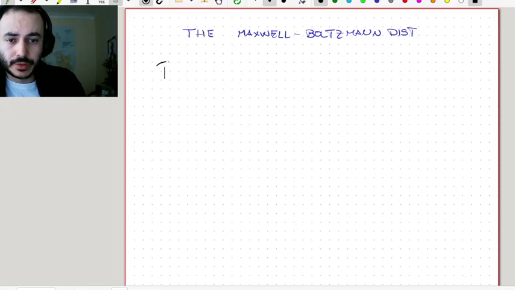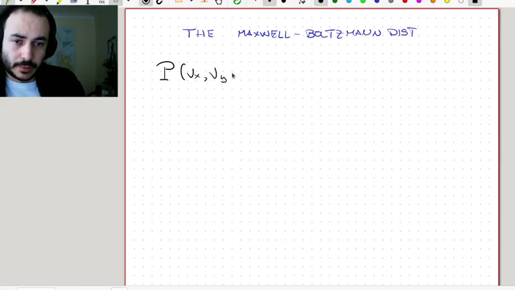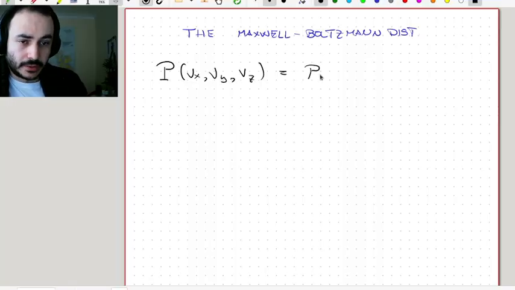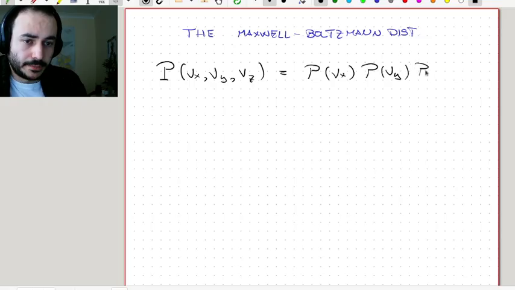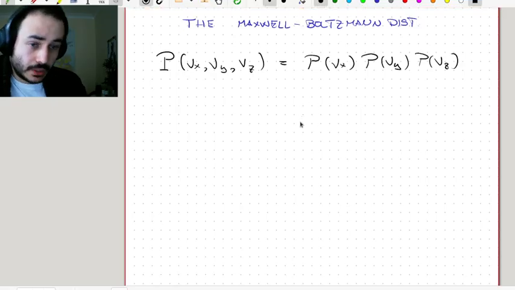Remember, we know quite a lot. Just using the arguments of isotropy and homogeneity, we had arrived at the conclusion that the probability to find a particle in the infinitesimal neighborhood of any velocity with components vx, vy, vz, that's what we were asking, needs to factorize. So it would be the product of three functions, of vx, vy, and of vz, and these functions are going to be equal for each component,